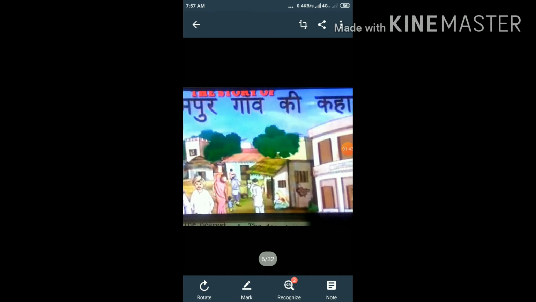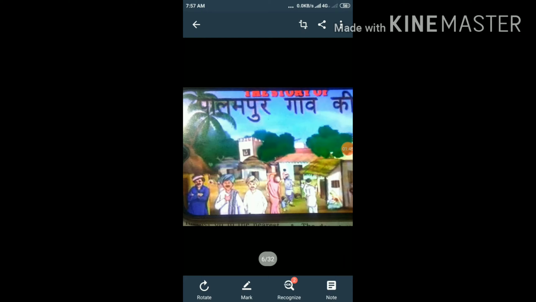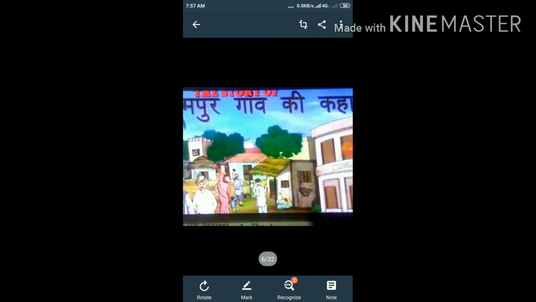This is a story about a village, and the village name is Palampur. It is a hypothetical story. That means it is not a reality. It only depends on a hypothetical concept, this chapter, The Story of Village Palampur. In this chapter we have to know about some basic features of economic production. The village Palampur is a hypothetical village. We have to know how their people work and live.